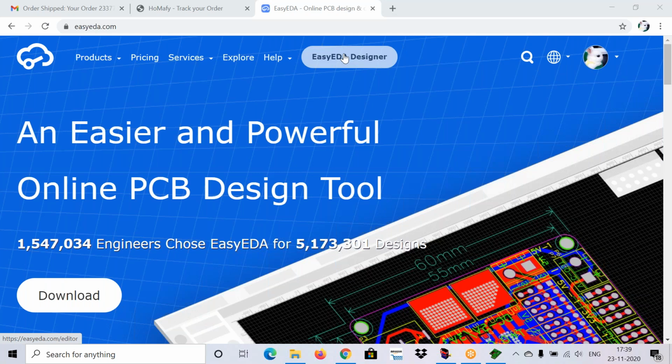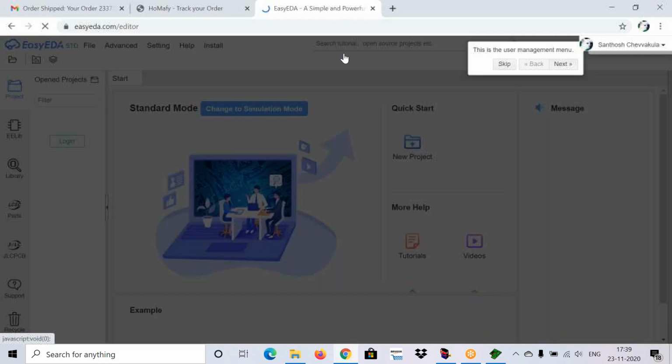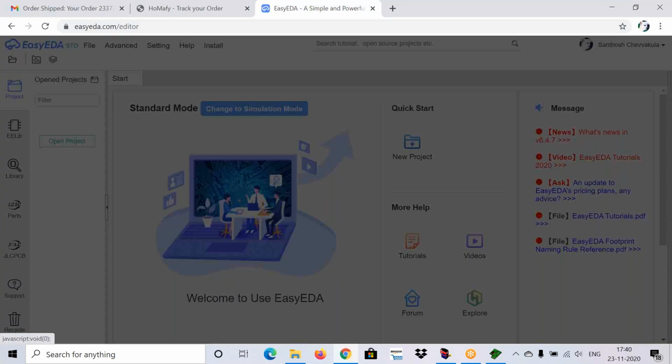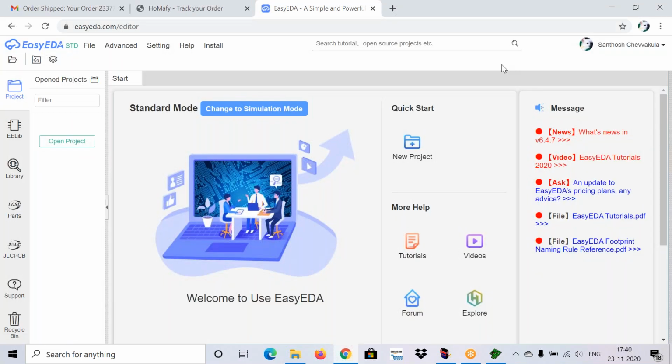So if you click on it, just skip this. This is the user management menu. You don't need to change anything, you can just skip it. After that you need to click on